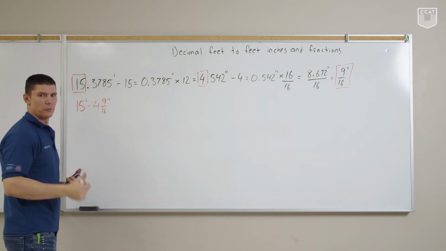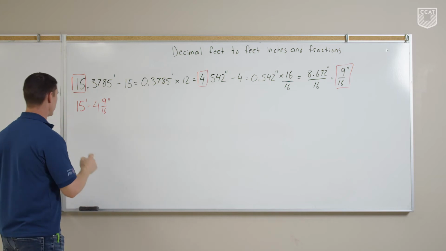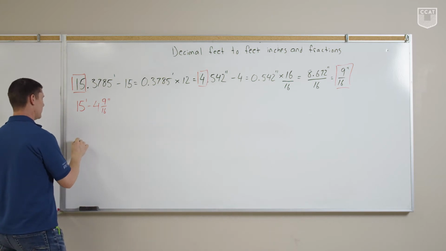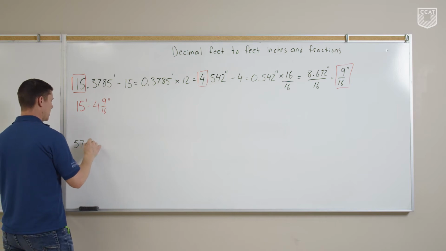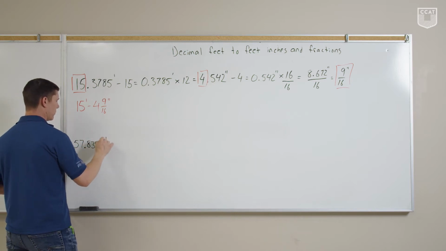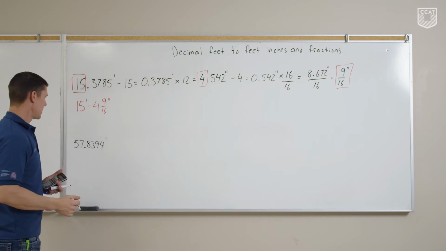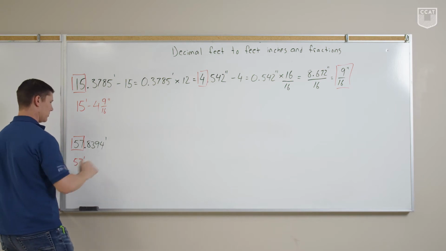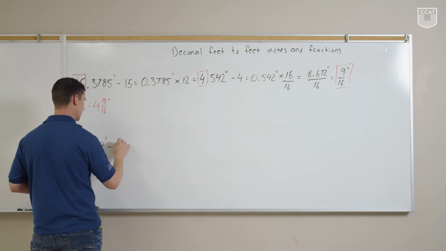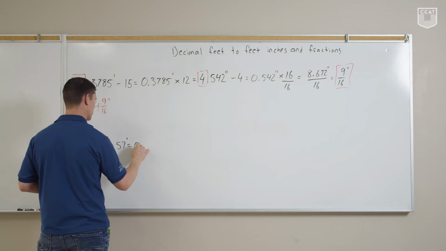Okay, so just to do one extra one here for practice, we can throw another number up on the board here. Let's say we've got 57.8394 feet. We're going to go through the exact same steps. We've already got our 57 full feet, so we'll record that. We're going to subtract that out of the equation. Minus 57 feet equals